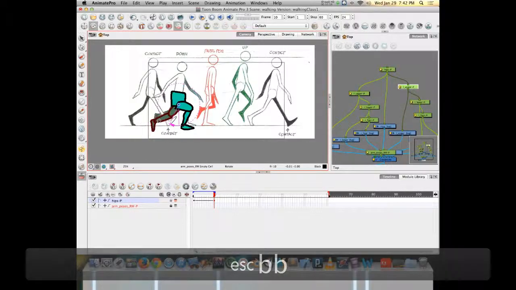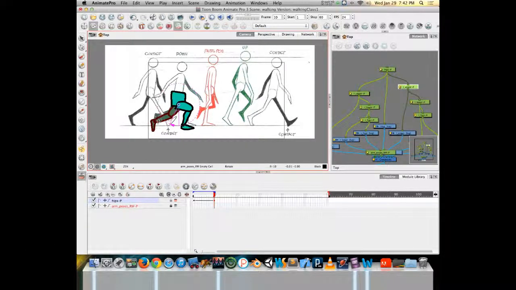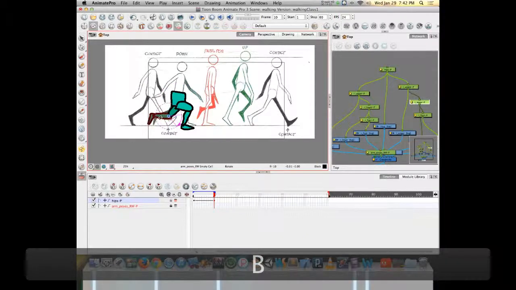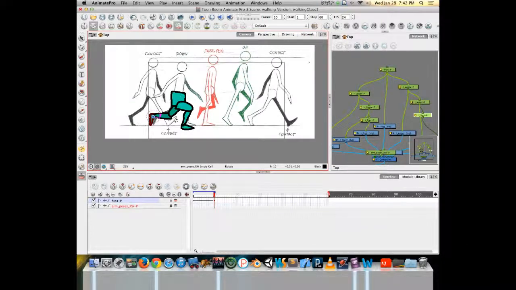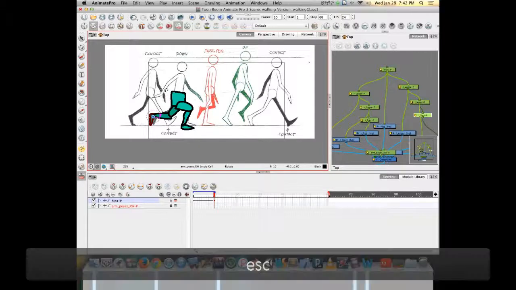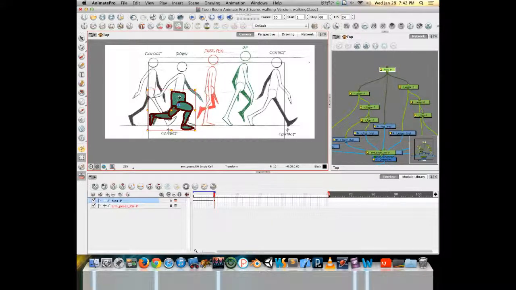move this leg back, bend it more at the knee, bend a little more in the foot. So I can see that I don't quite have enough room as I'm trying to maintain some semblance to the ground. So I will probably want to pull the hips up a little bit more. But now if I watch the animation occur,